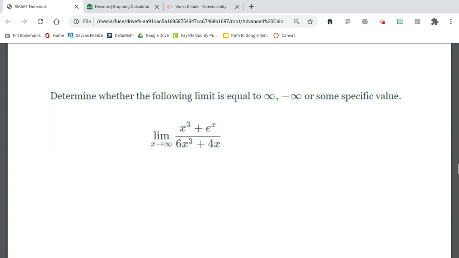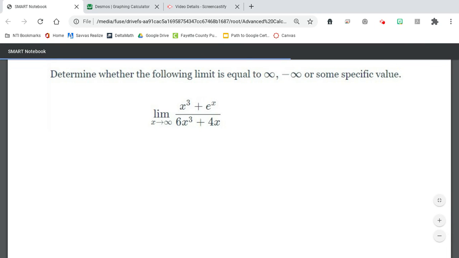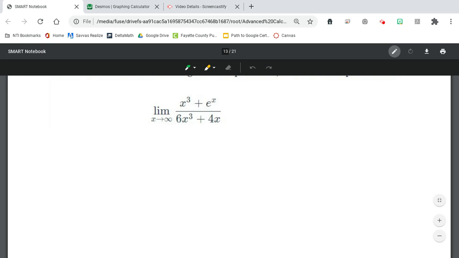And then you'll have some that involve the e's. So let's look to see what happens if there's an e involved in my problem. We still want to compare and identify the most dominant terms in the numerator and the denominator. So in the numerator, it looks like the most dominant term is e to the x. And in the denominator, 6x cubed. And as long as we're approaching positive values, e to the x is a really big number. 6x cubed is another big number. Since the numerator is growing faster,